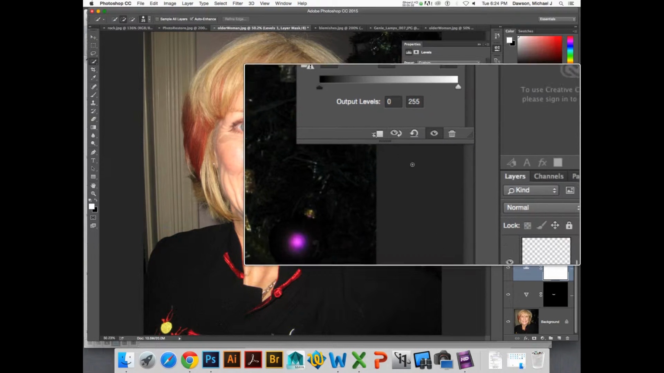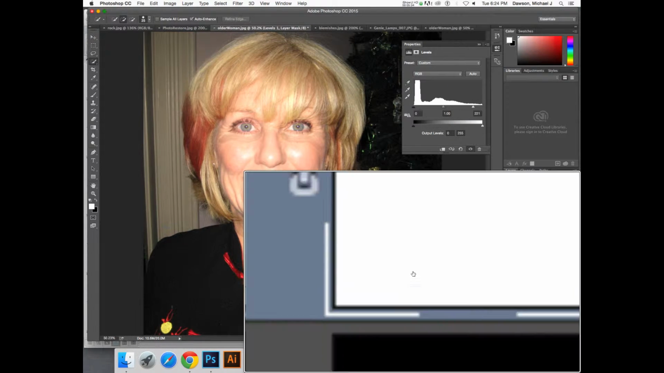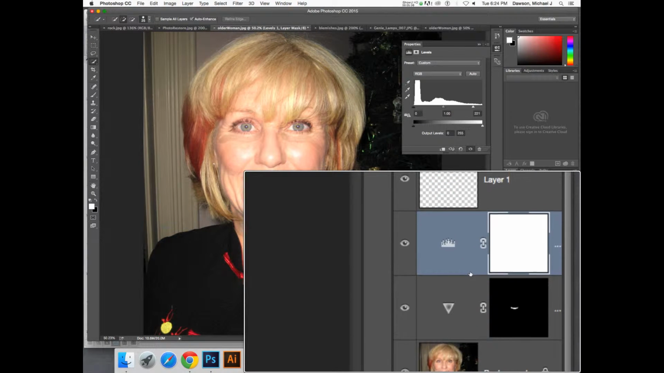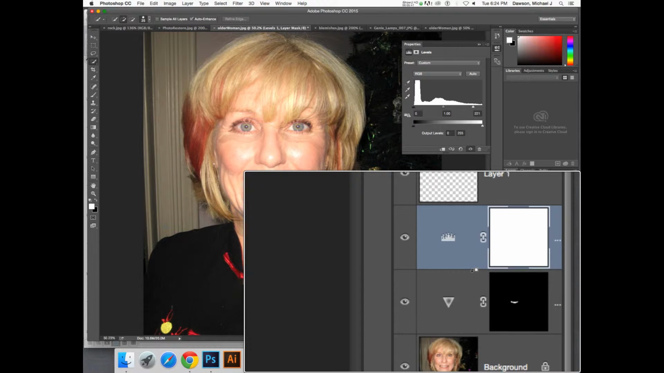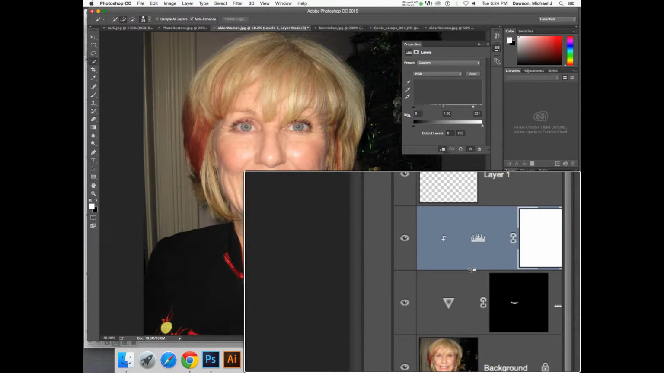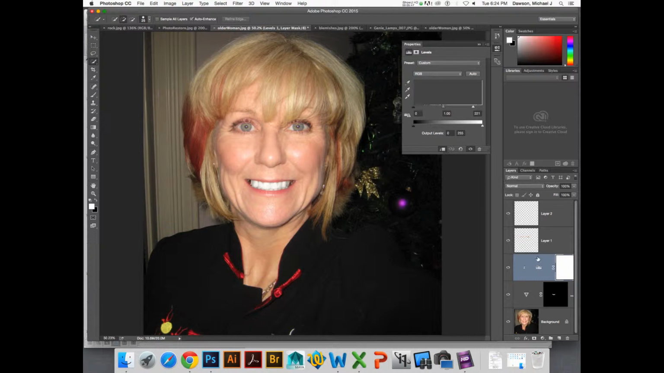You can also hold down the Alt key and let me zoom in. Oops, too much zoom. If you hold down the Alt key, you'll notice the cursor will change as I mouse over. Well, it's really tiny. As I mouse between those two layers, I get that little icon and I can click right there. And now that levels adjustment layer,